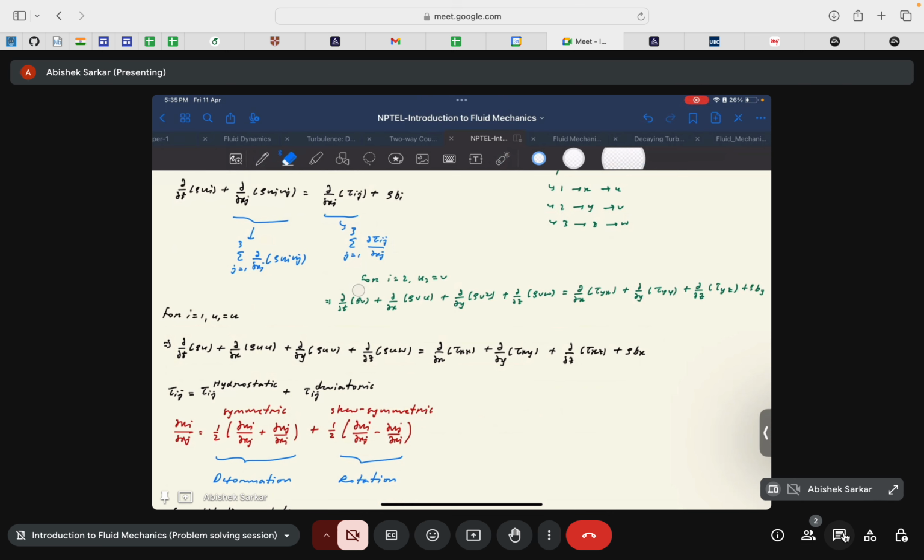So these are not simple equations, they are highly non-linear equations, and even after certain assumptions that we make, that is the Stokes hypothesis and the Newtonian fluid, we are still left with a very, very difficult equation to solve. Even if we have 4 equations for 4 unknowns, we are left with a very, very difficult equation to solve, which, if you know, is one of the 7 millennium problems from the Clay Institute of Mathematics, okay, which